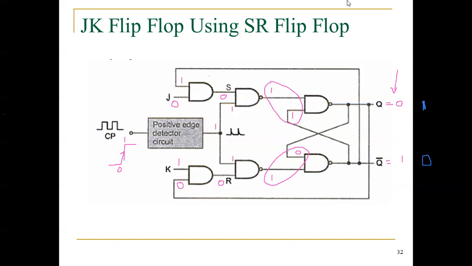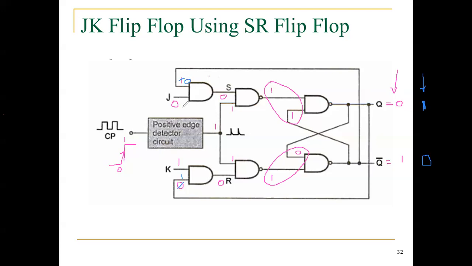Okay, then please listen carefully. Now I am taking the second assumption. My previous output is equal to 1 0 instead of 0 1. Since it is 1 0, this 1 comes to here. Now the 0 input changes to 1. Since it is 0, this 0 comes to here.